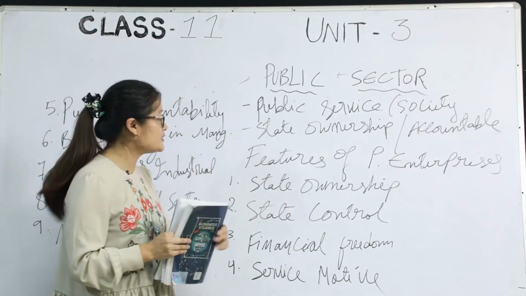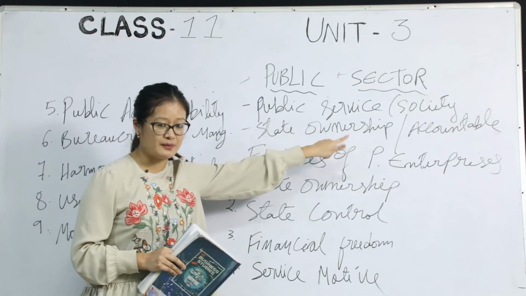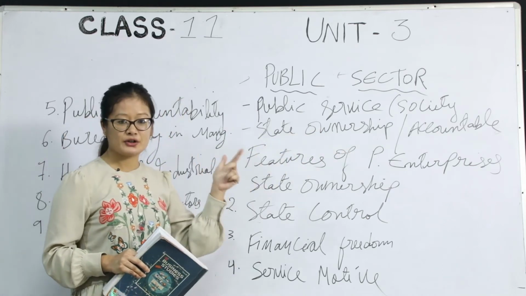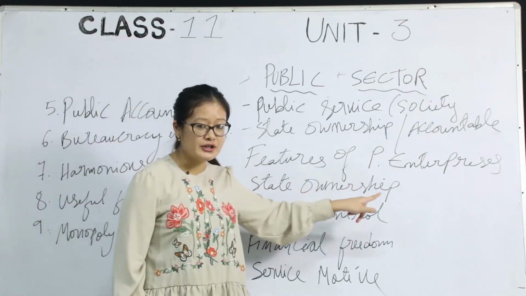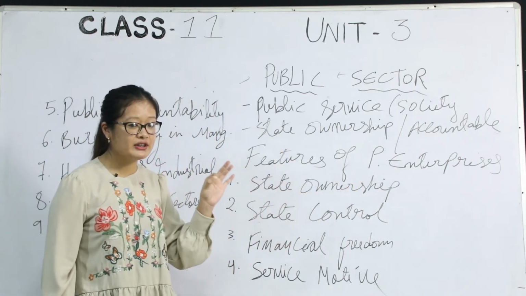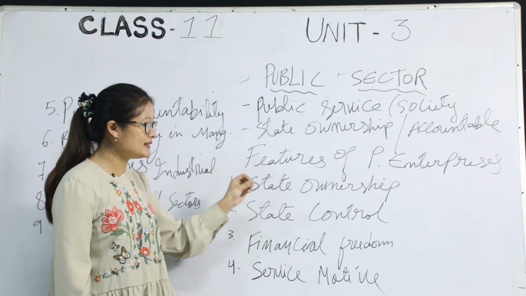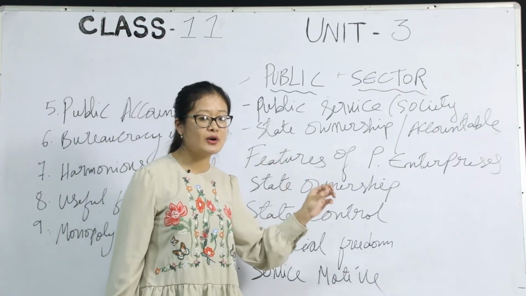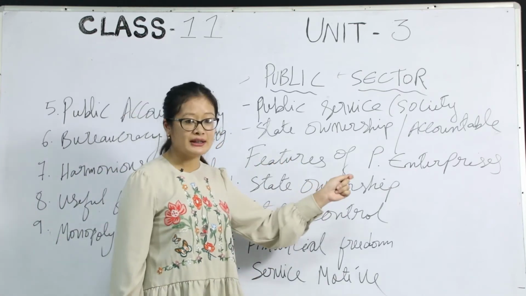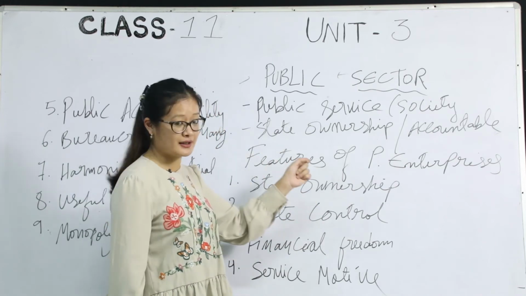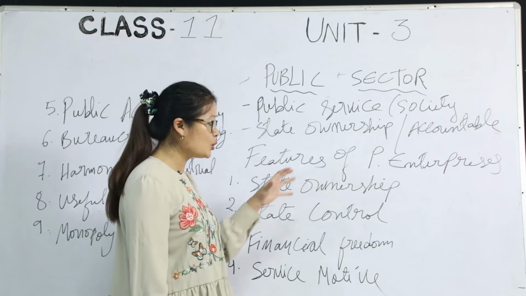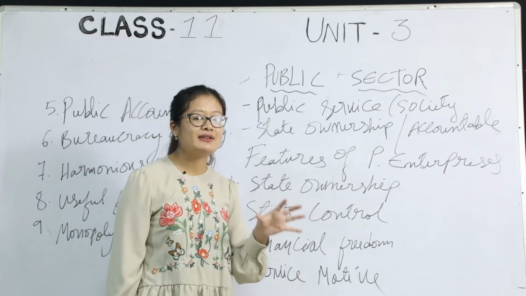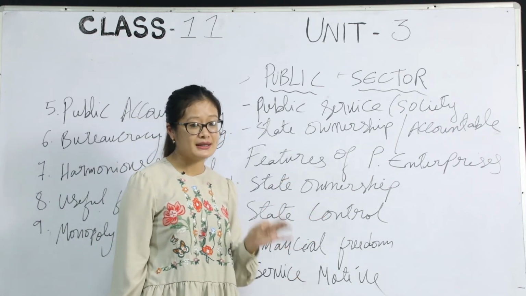Okay, so as mentioned here, under state ownership, the enterprise is owned, managed and controlled by the government, right? Here under state ownership, the government takes 51% of the share for the public sector, all right? And the rest, that is 49%, goes to the private sector, to private business, all right?